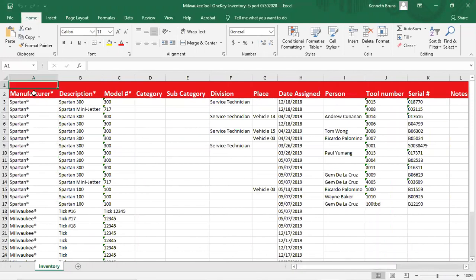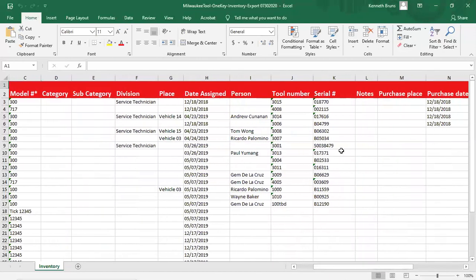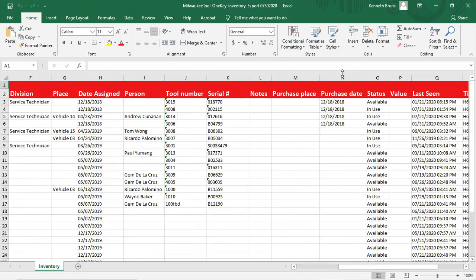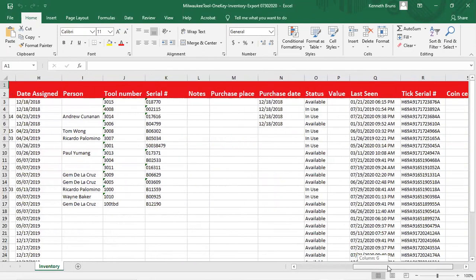Just starting at the top, it's manufacturer, description, model number, category and subcategory we don't really use, the division, which should mostly be service technician, the place, which should be the vehicle it's stored at, the date assigned, the person or service technician it's assigned to, the tool number, the serial number of the machine. We have purchase date for some of the machines. We would like that going forward for all of them. And its status,